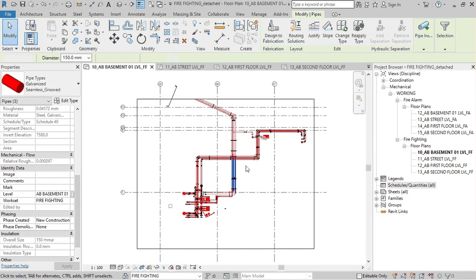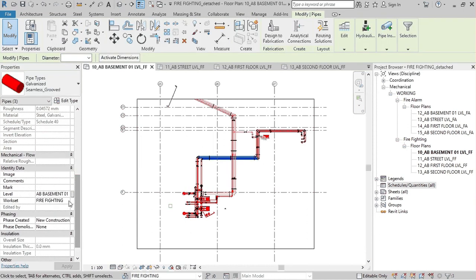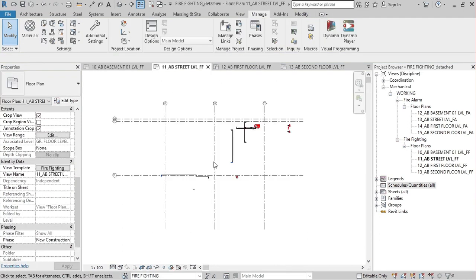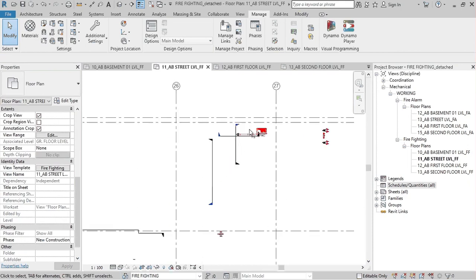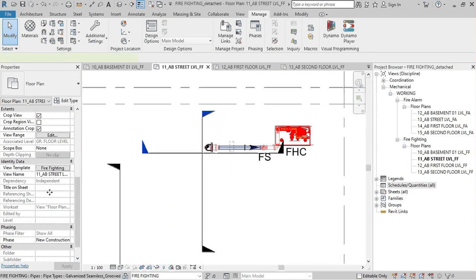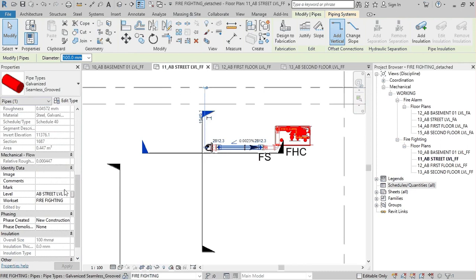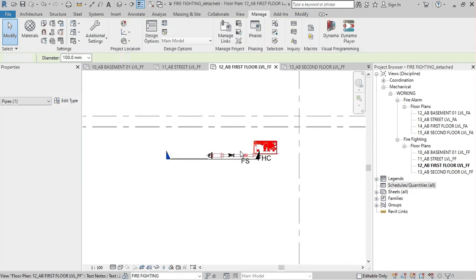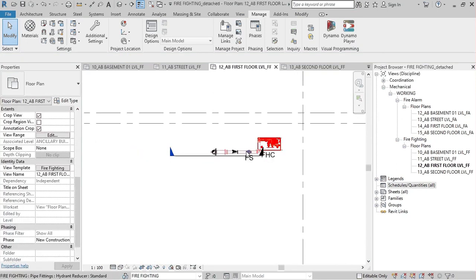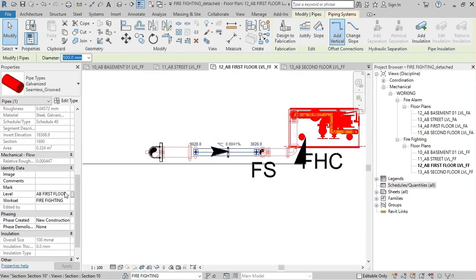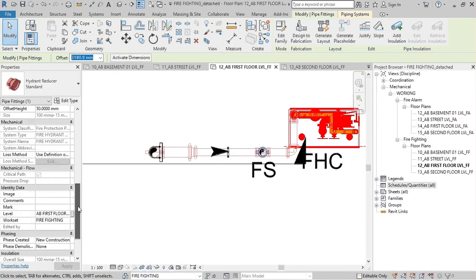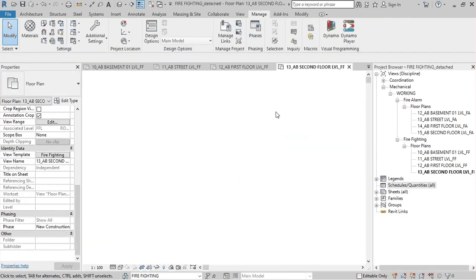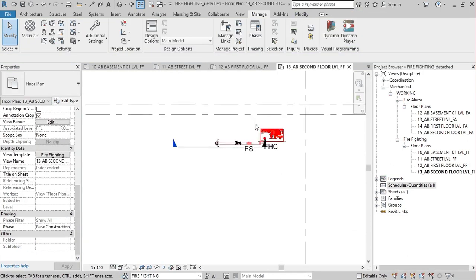See, now I can check the levels. First of all, I check which level each pipe is shown at. For example, level 1, level 2, level 3, whatever it is, we take the quantity take-off level wise. That's why we give the pipe locations in proper arrangement by level. I am cross checking now. You can check it: I can select the pipe, and it shows the level also. That's why I created 4 levels.